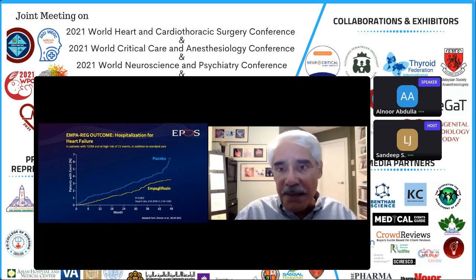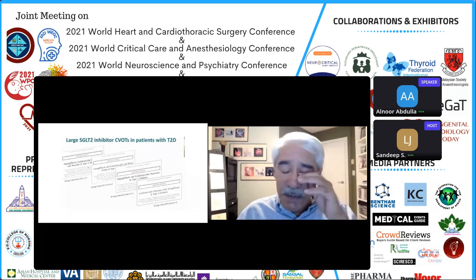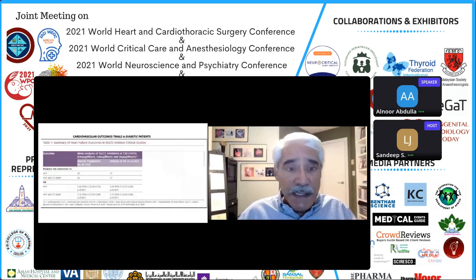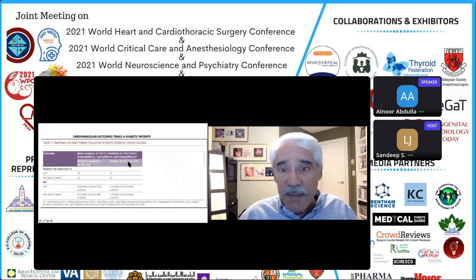So these diabetic patients were not heart failure patients. Some did have heart failure, but the patients who did not have heart failure also started to show benefit. So it was preventing heart failure. Four major trials were done in diabetic patients, and they all clearly showed that in the overall population, there was a 30-some% decrease in heart failure hospitalization, and about a 25% decrease in heart failure hospitalization or death. This occurred in the overall population,